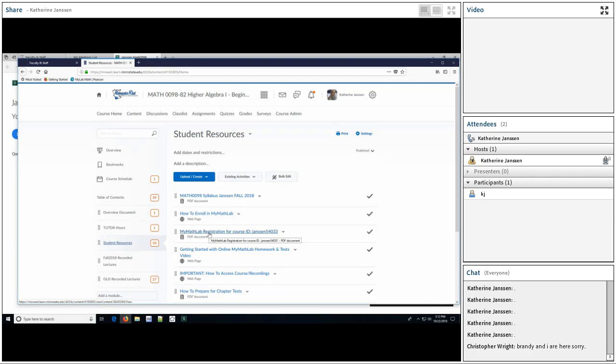When you are registering for MyMathLab, you need 3 items. Your email.live account. You need this code, which is Jansen 54033. And you need your access code, which you purchase.